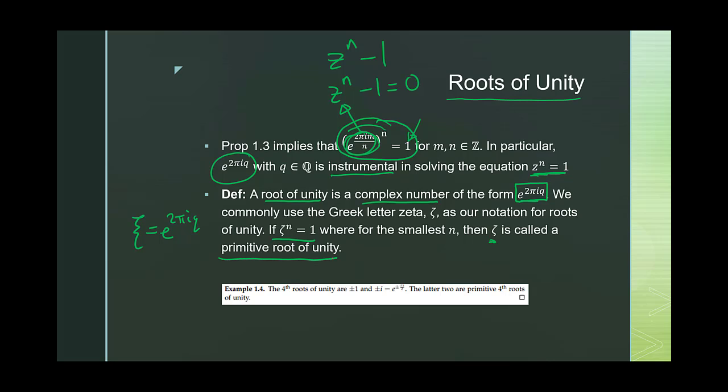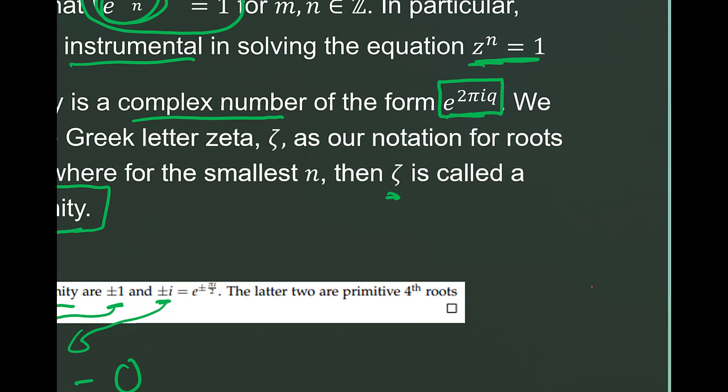unity. Now if you go into number theory, at least in my experience with roots of unity, you can generate the other roots of unity using the primitive root of unity. So that's why we call it out a little bit and give it a special name. In any case, an example: the fourth roots of unity are plus or minus 1 and plus or minus i. This means that they are the solutions to z to the fourth minus 1 equals 0. I recommend everyone plug those in and make sure you do get 0. It is true. Okay, but in any case, there are examples of roots of unity.